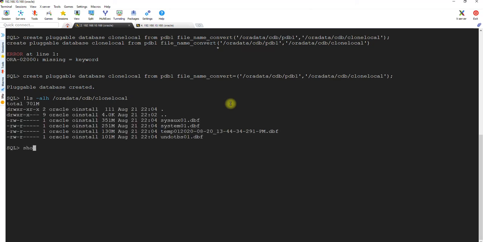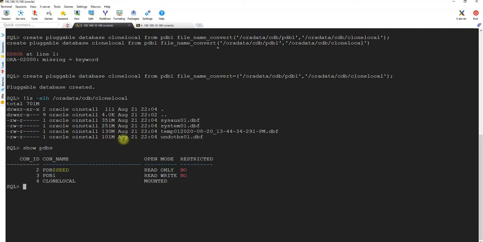Okay, now we will check the PDB. Good, it's currently in mount state. Let's change the state as well, let's start it. First open it, so we need to say alter pluggable database clone_local open.